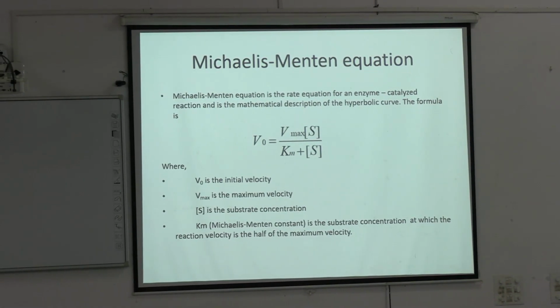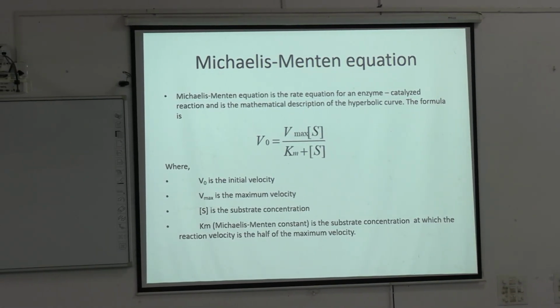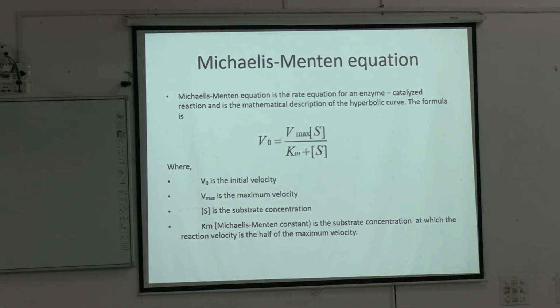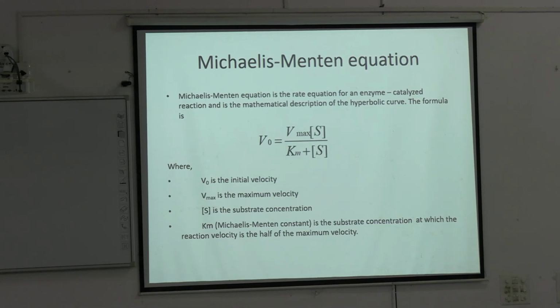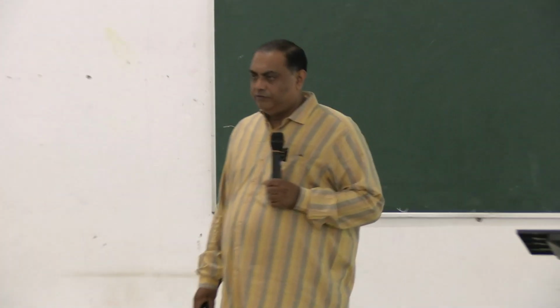V0 is equal to Vmax times, within the third bracket, S. Within the third bracket means substrate concentration. Km plus. Now memorize this, by heart, right now, right here. Okay? V0 means initial velocity. Vmax means maximum velocity, that is, when all the enzymes are